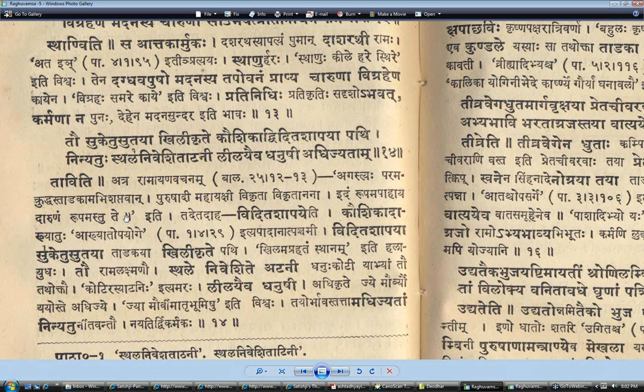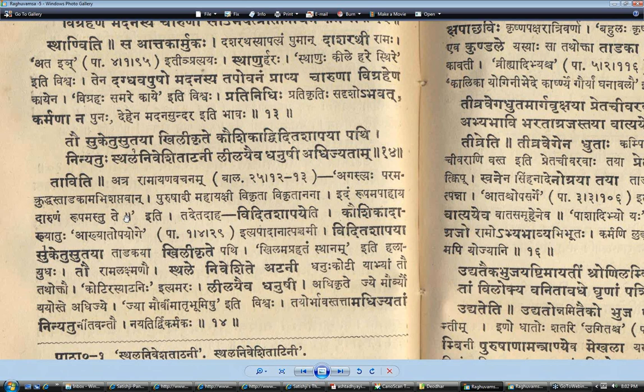Otherwise, we don't need to quote from Halayudaha or any place like that. So, khilam aprahatam sthanam. Aprahatam is untrodden. Hata is to hit, aprahatam is untrodden. The untrodden way is called khilam. So it is a road or a path which is not trodden, which people don't travel on. So this place was made untrodden, khili krite, and by her. So by this Suketu sutaya, tadakaya, and then she has an adjective to her.